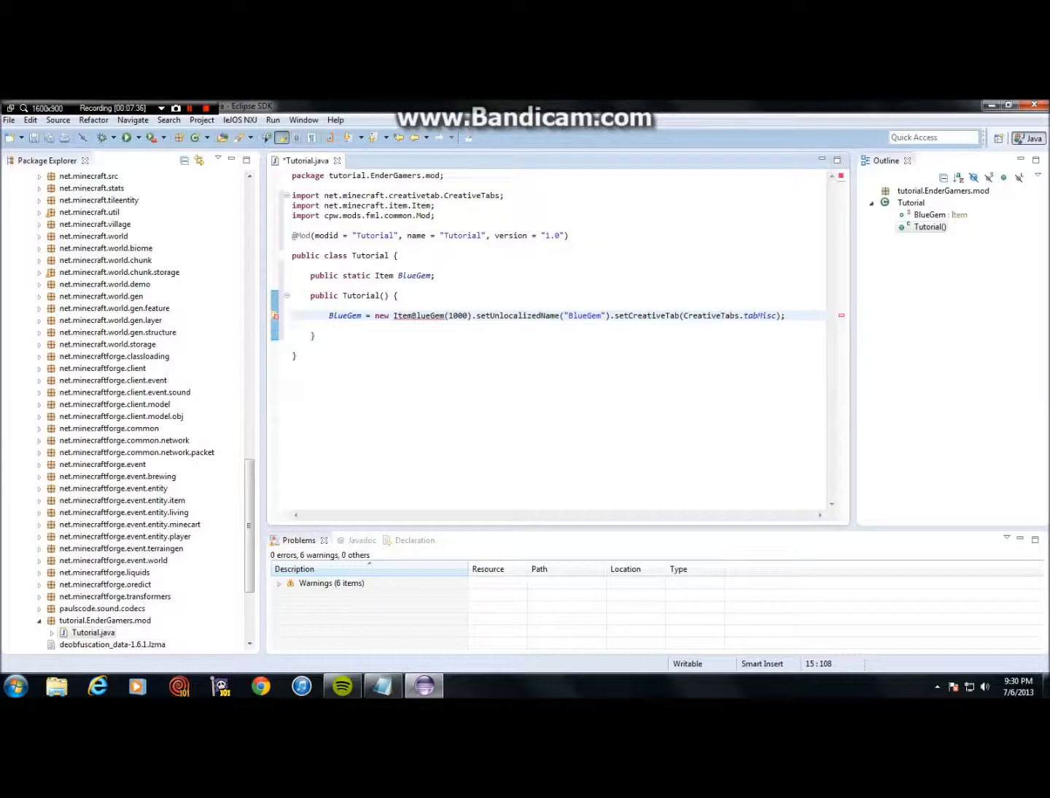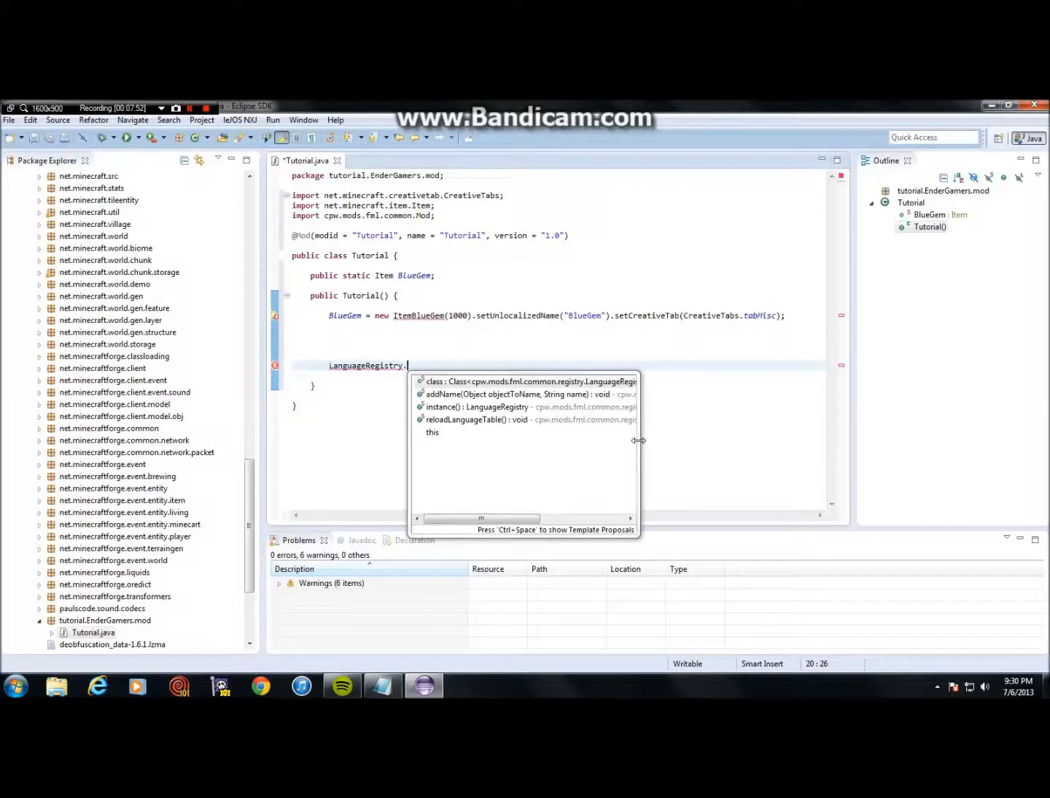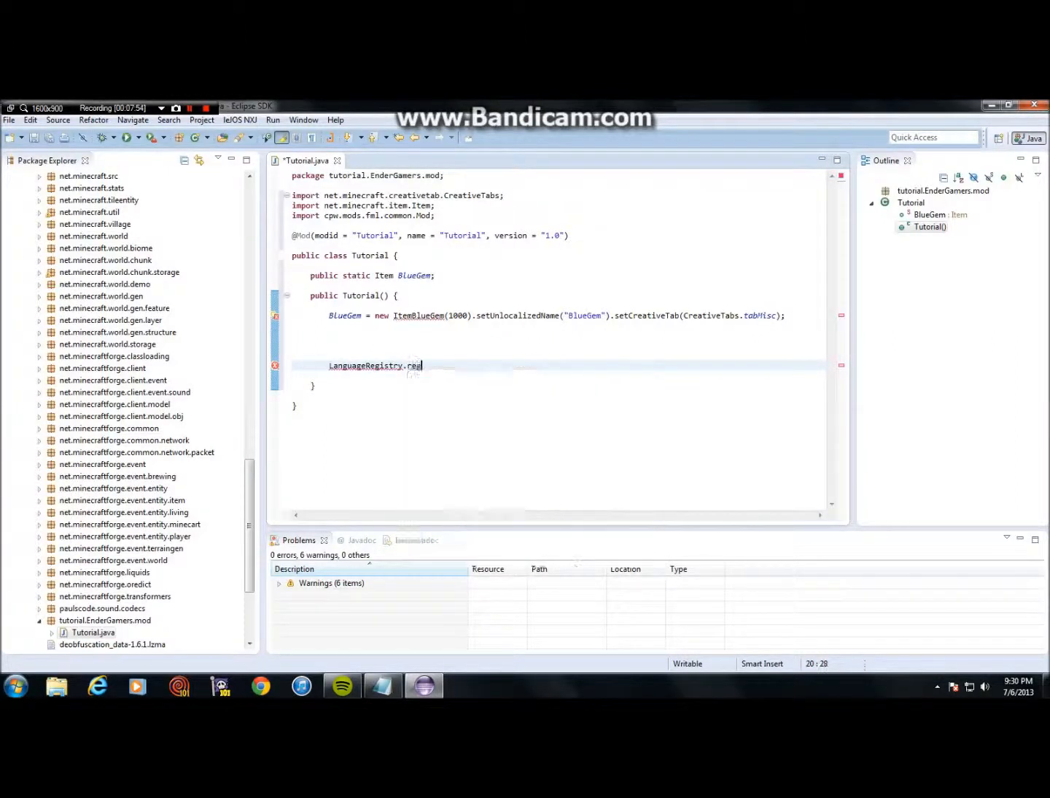So after we've done that, we have to do the language registry. Then this is going to be your in-game name. So language registry dot, that's not right. One second, guys. Alright, it's language registry dot add name,